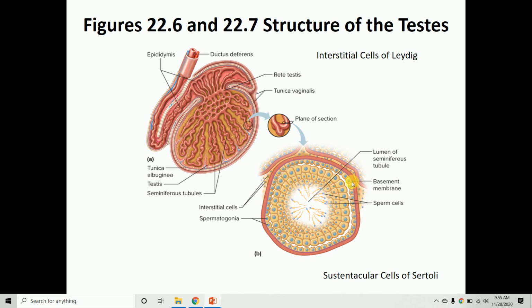If you take a cross section in one of these seminiferous tubules, you'll end up with this circle. You can find a basement membrane lined with these very specialized kind of epithelium known as spermatogonia. So spermatogonia are going to make sperms. And the spermatogonia will undergo the meiotic division, where the division process occurs